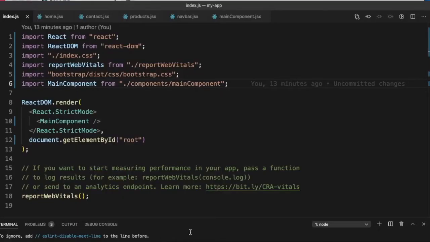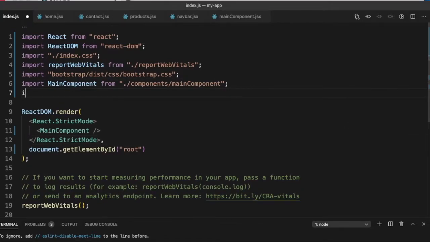The first thing you need to do is go to your terminal and install React Router DOM by typing the command npm install react-router-dom. Once you have installed it, the first change we will make is to the index.js, and the purpose here is to wrap our application within the BrowserRouter.